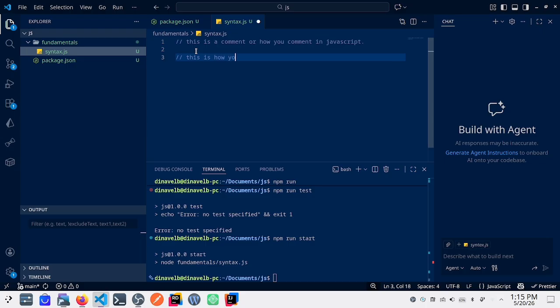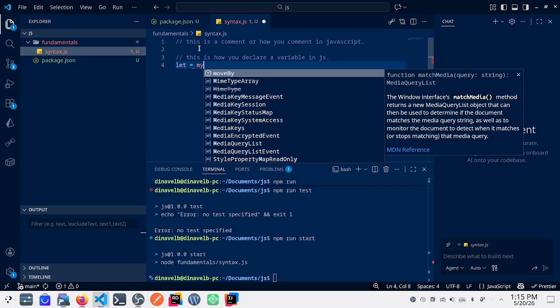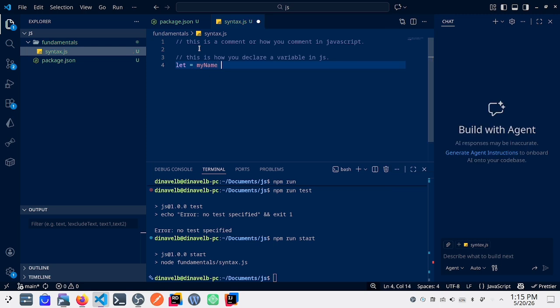This is how you declare a variable in JS. So let my name, sorry, it's wrong, my name, penguin.